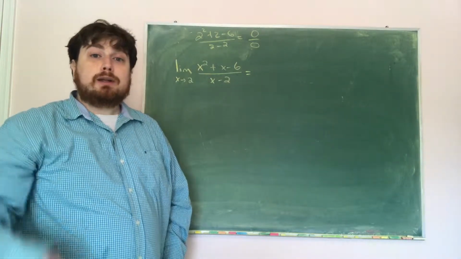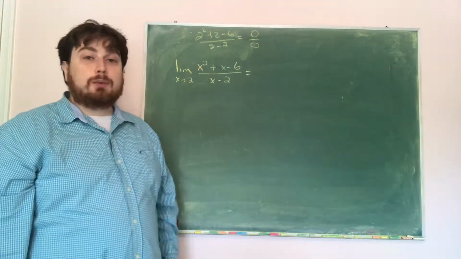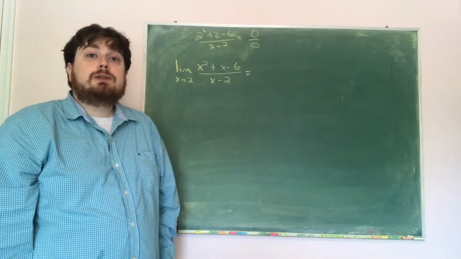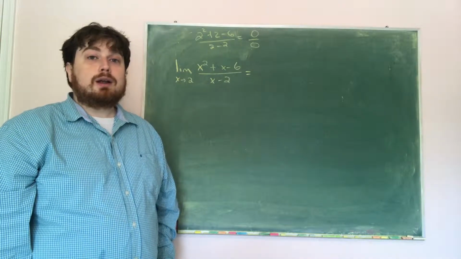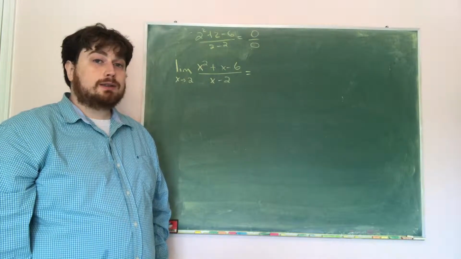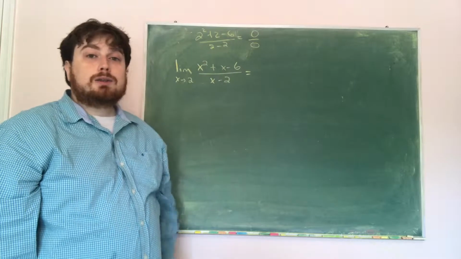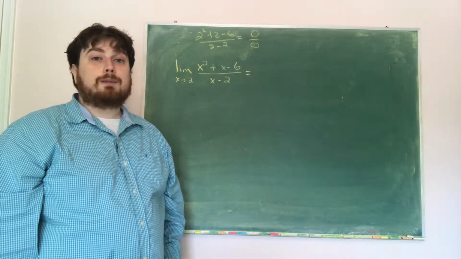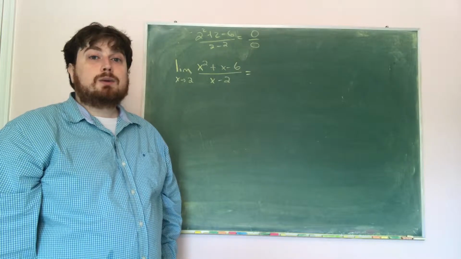Notice that we cannot divide by 0. Therefore, the function is not defined at the point 2. So this function would be discontinuous at 2 because it's not defined. Now, we want to ask, can the limit still exist? And what we've seen is that when we get 0 over 0, this is what we called an indeterminate limit. That is, we don't know if the limit exists or not,